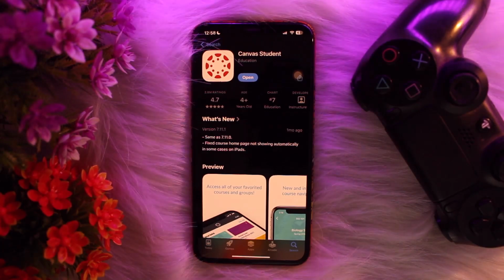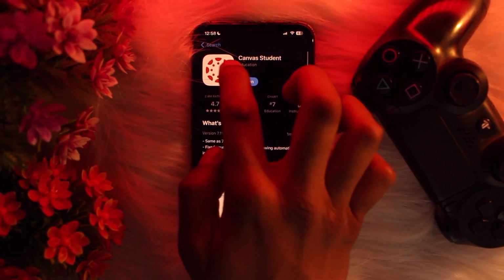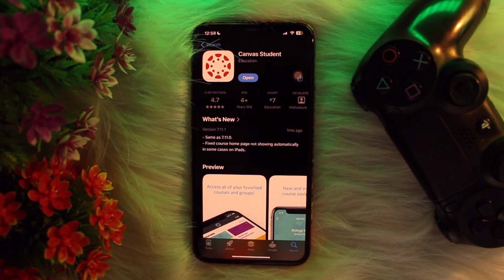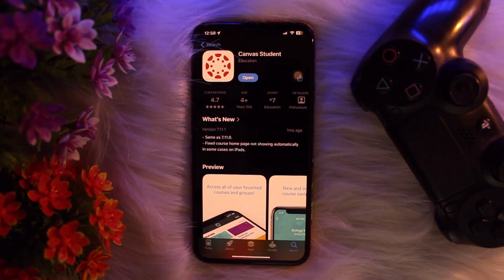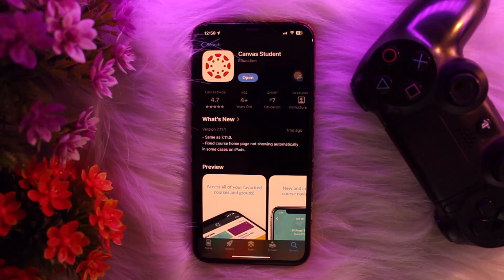Now if you are using an Android device, what you need to do is head over and open up your Play Store app, and then on the top search bar type in Canvas Student. Now among the search list, look for the app icon like this on your screen and then tap on it, and once that's done, all you gotta do is tap on Install and then follow the on-screen instructions to successfully download the app. So these are a couple of steps that you can do, and that's it for today's video